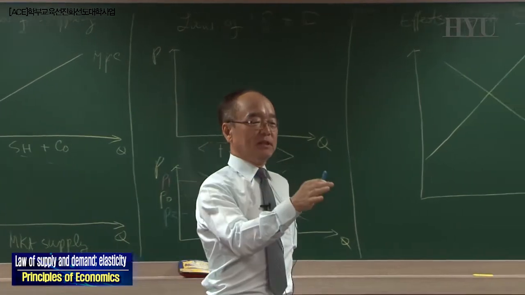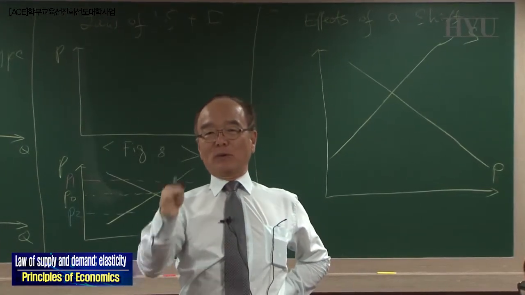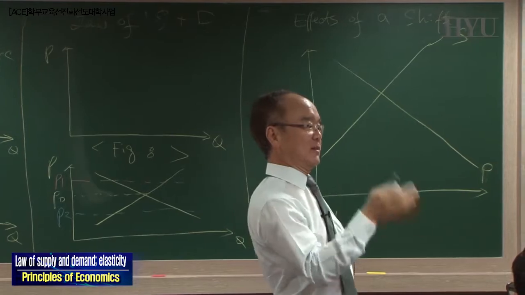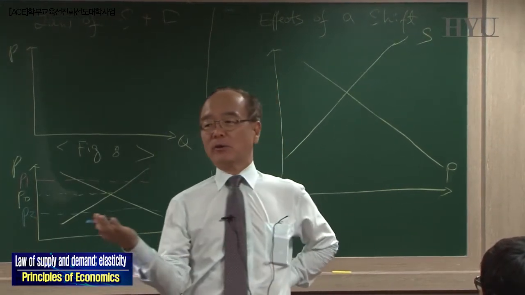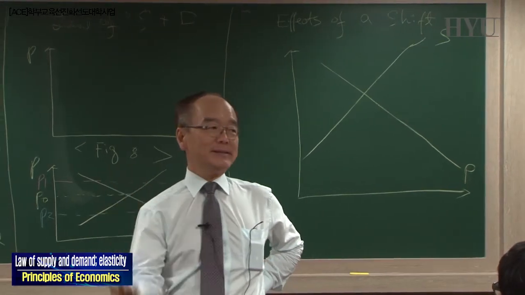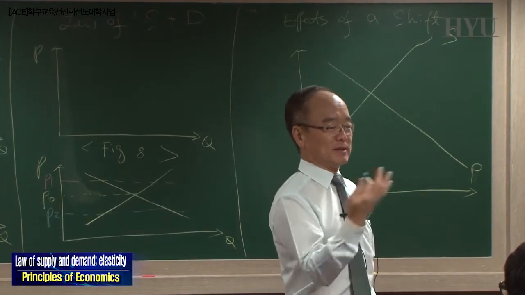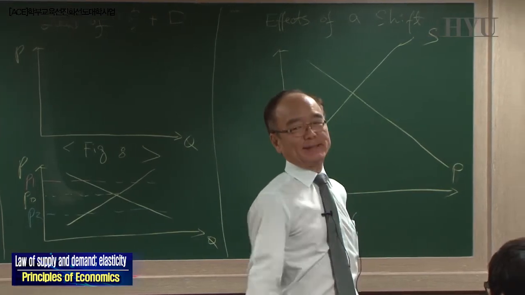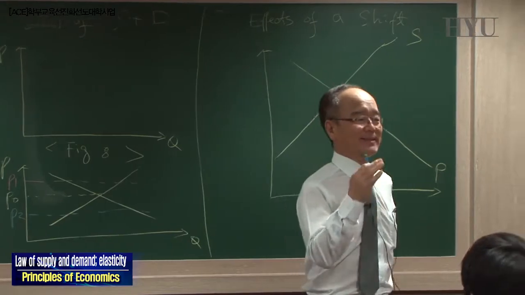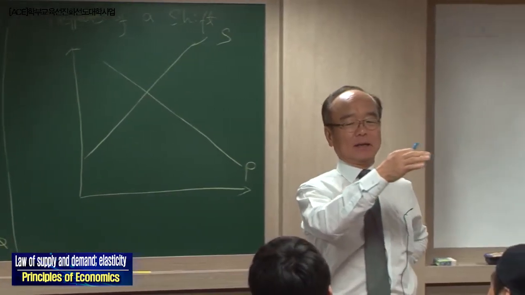A firm's benefit is defined by revenue, while a firm's cost is defined by production cost. Okay, this is it. So as rational people, we have to be concerned about marginal cost and marginal benefit, right? So let's tackle the marginal